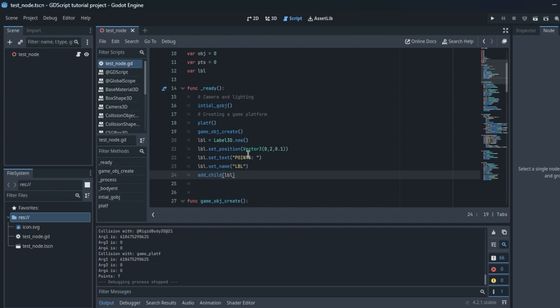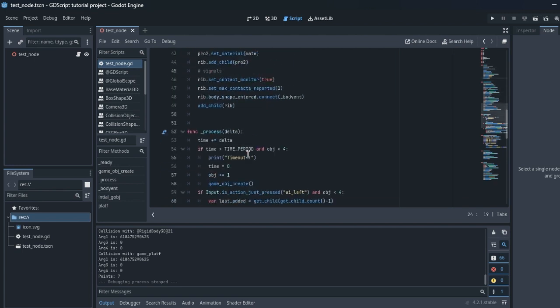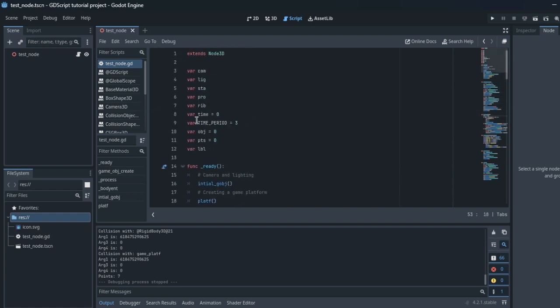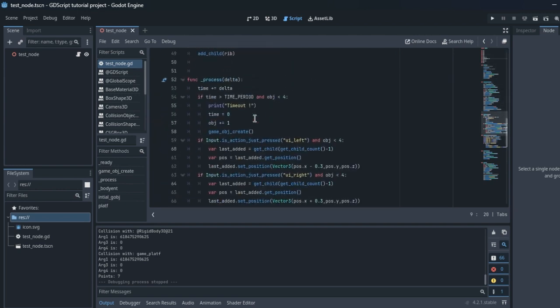In this lecture, we will also learn how to create some kind of a timer using delta time. So in a process function, which is repeating itself, some kind of loop, you have a delta time. This delta time can be used for some time variable. So create two variables, time variable and time period variable. Time period variable can be 3 and time initial 0. Then increase it here, and if time is